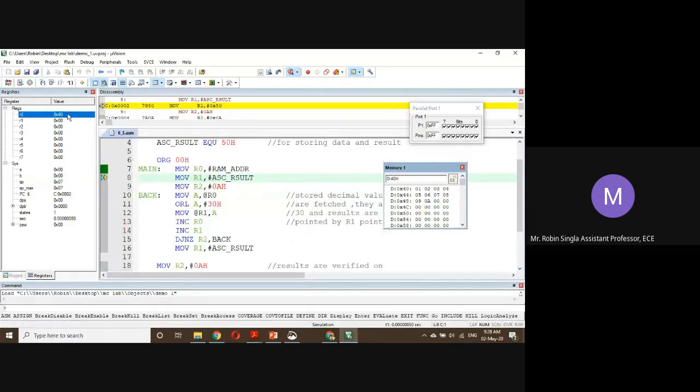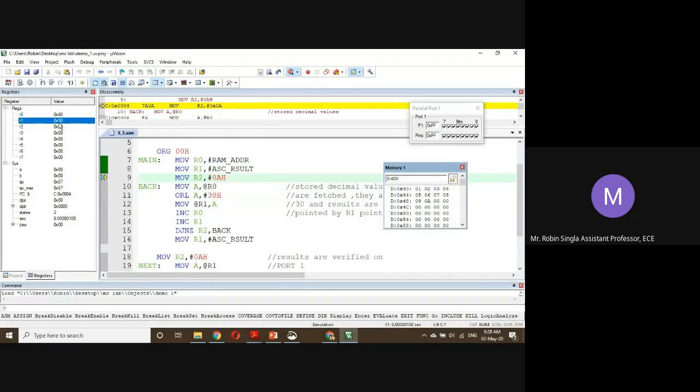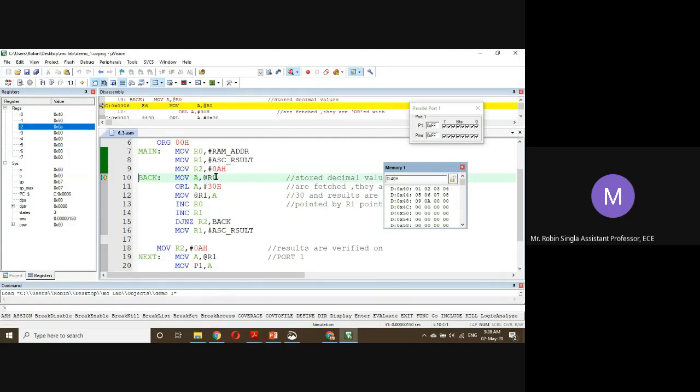R0 is loaded with 40, which is the address of the memory location from where we will read the number. R1 is loaded with 50, the address of the memory location where we will store the numbers after conversion. Now R2 is loaded with 0A, which is our counter.